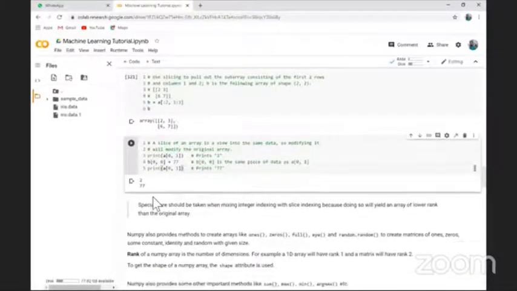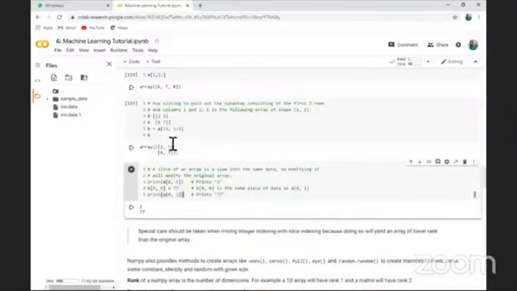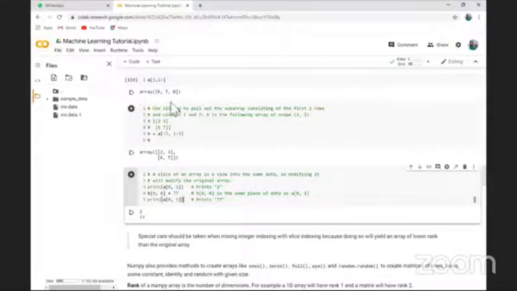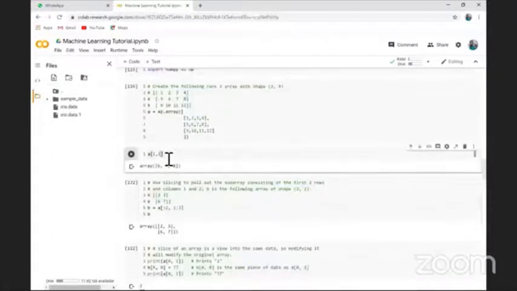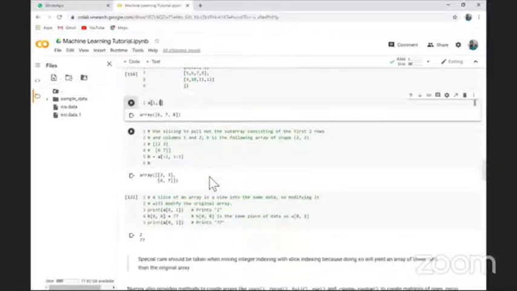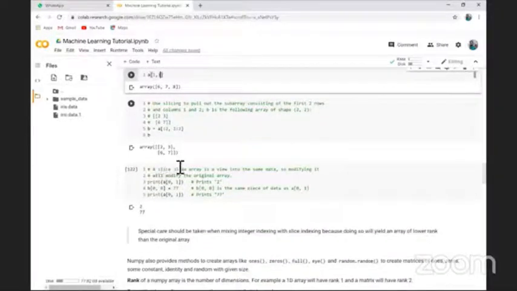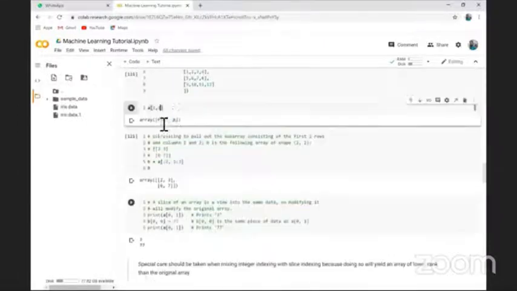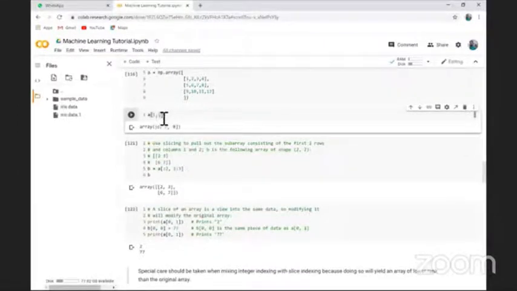Okay. One more important point is what happens if you mix slicing and integer indexing. Integer indexing is simply, I use 1 comma 1 here. This is called integer indexing, where I get a single point from the array. But if I mix integer indexing and slicing, then the rank will be reduced. So for example, if I do 1 comma all the columns, up to the first row,